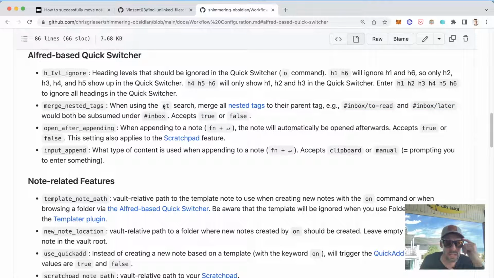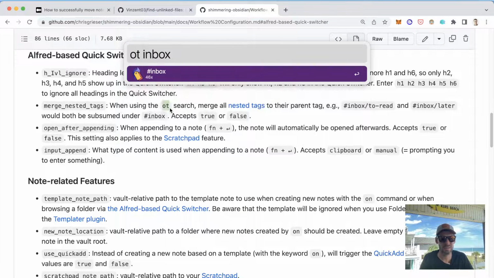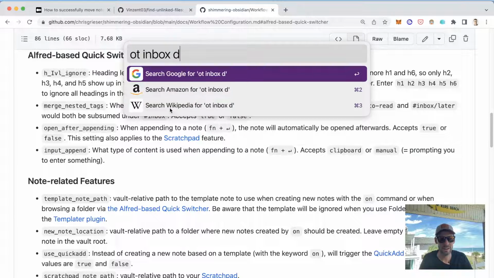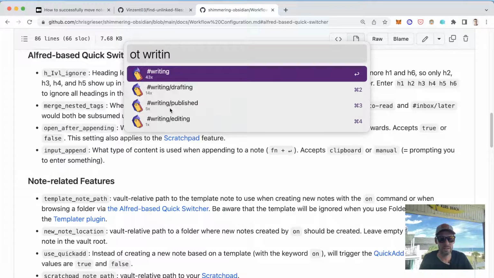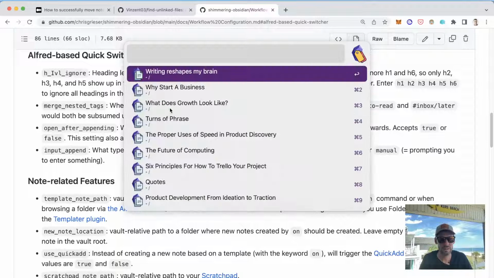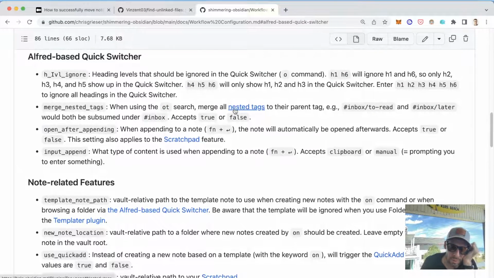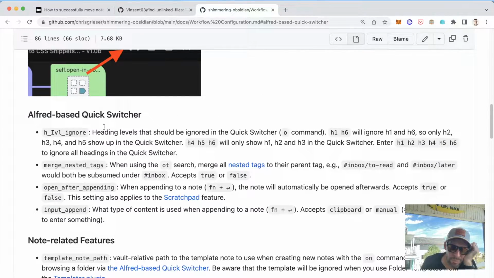When using the OT, so that must be Obsidian tag search. So like OT, inbox. I don't even know what I have in the inbox. Anything? Writing. Oh, you hit return and then it gives you a list of things that are in the writing. Okay, cool. I probably won't use that much, so I'm not too worried about it.